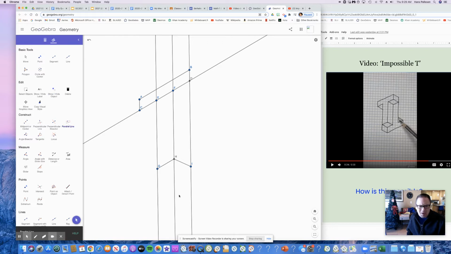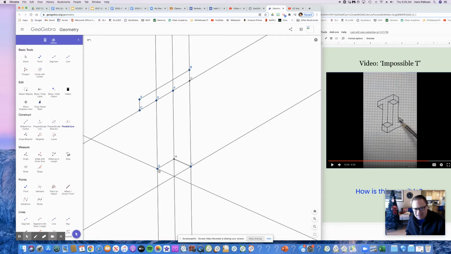So let's go to our parallel line tool and go through this point, and then a parallel line going this way. And then I'll mark my intersection. Okay. And once I have my intersection,